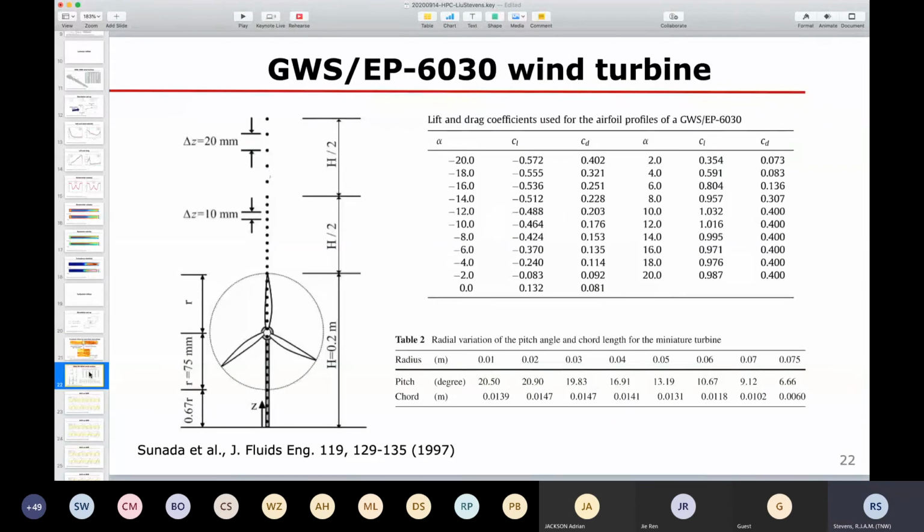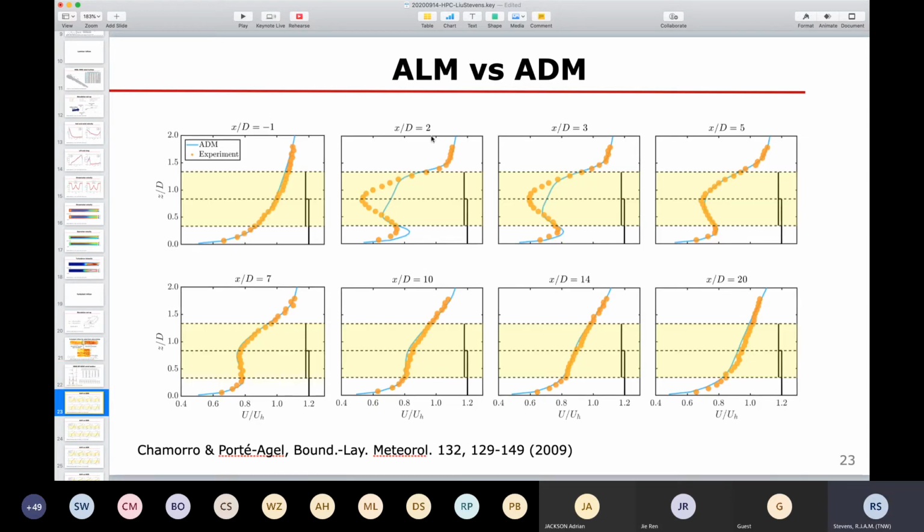And then the model wind turbine that is used in these experiments that we are comparing to is given by this model wind turbine number that is given in the top here. So we use again tabulated data, but now tabulated data for the experimental data that we are comparing to, and this we plug into our actuator line model. And then what we compare over here is how well the actuator line model performs, how much benefit does this have compared to the actuator disk model